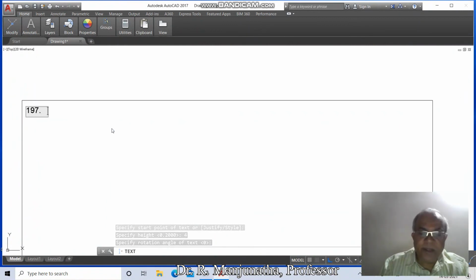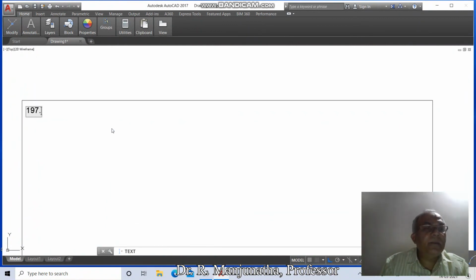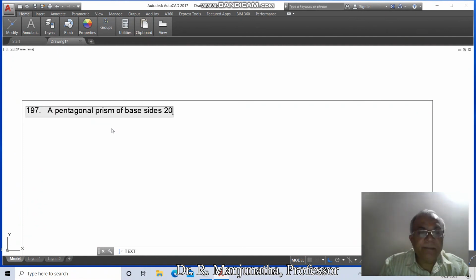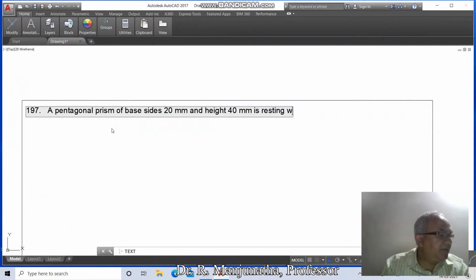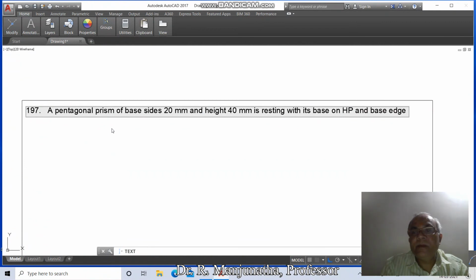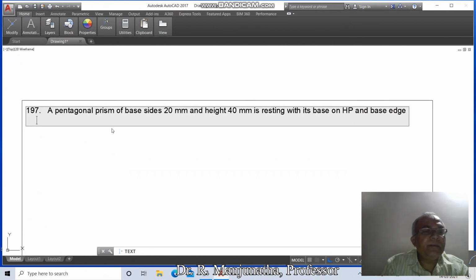So here a pentagonal prism of base sides 20 mm and height 40 mm is resting with its base on HP and base edge parallel to the VP.